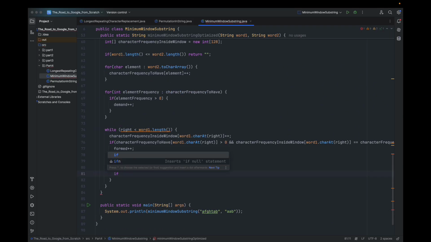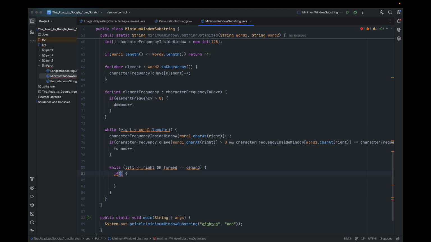And if length and index is 0, which means that its first iteration is equal to -1, or if it's not first iteration but length and left index is greater than current length,